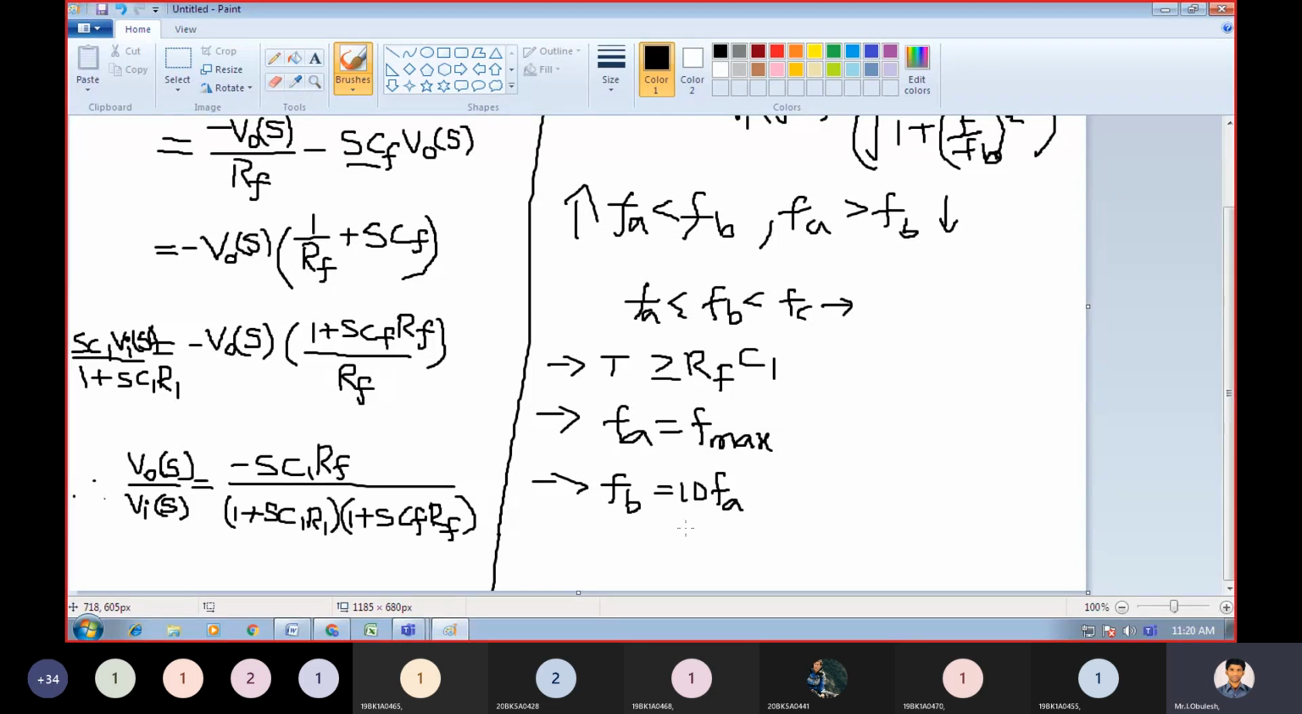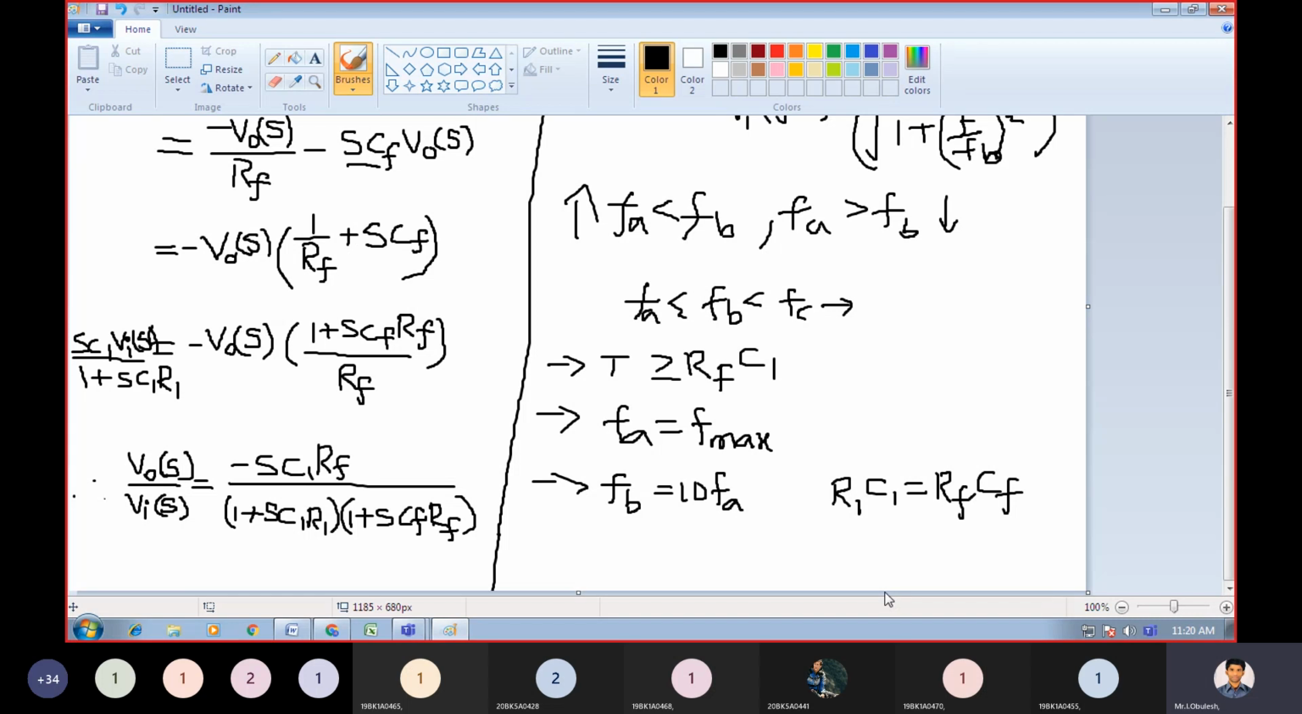Now you need to calculate the values of R1 and CF, so that R1 C1 equals RF CF. After calculating the R1 and CF values,